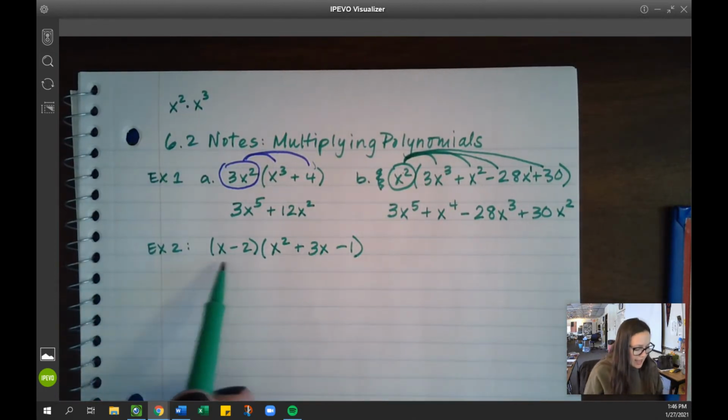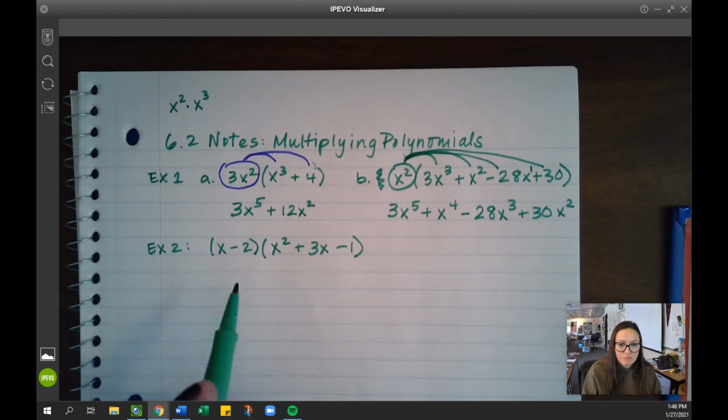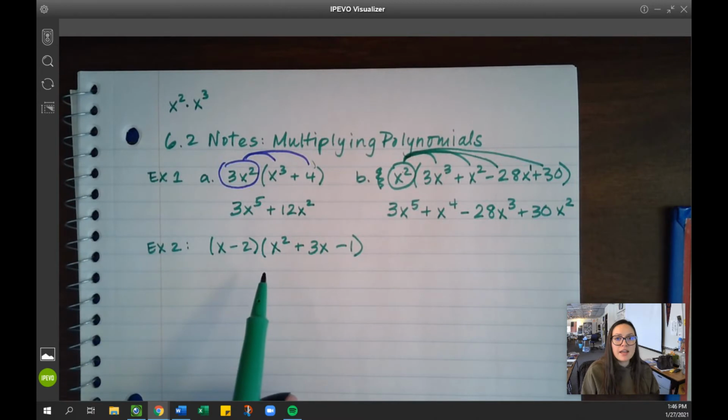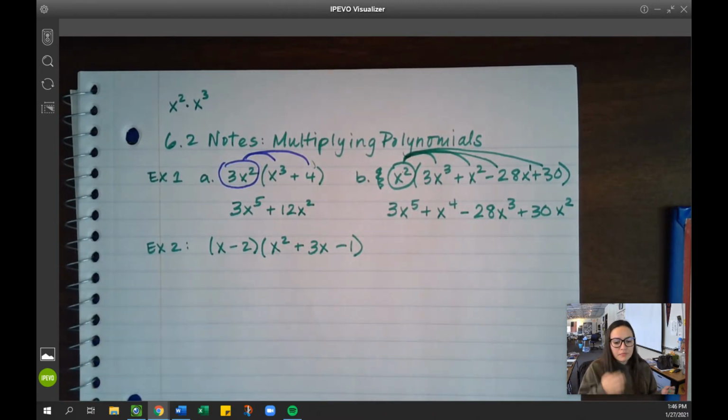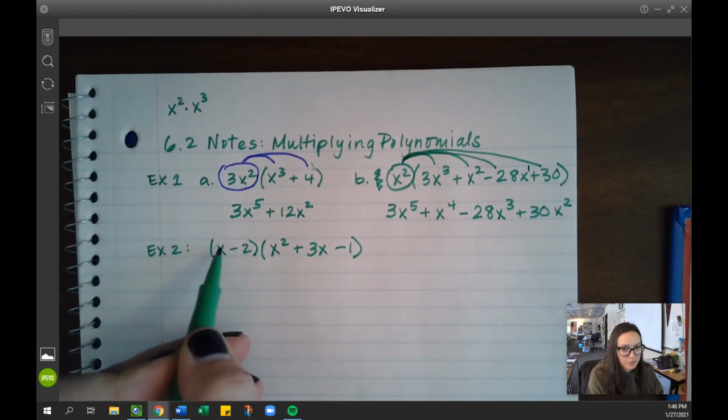We are multiplying a binomial and a trinomial. Now, we have done lots of FOIL, but FOIL is really only for a binomial times another binomial. And I'm going to show you 2 ways to multiply these together, and it's totally up to you what method you prefer. Essentially, what we're going to do is we're going to go through and we're going to distribute x